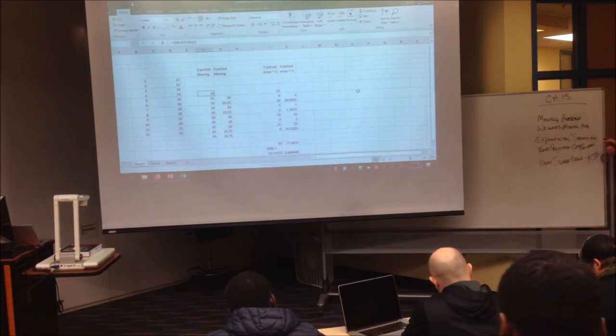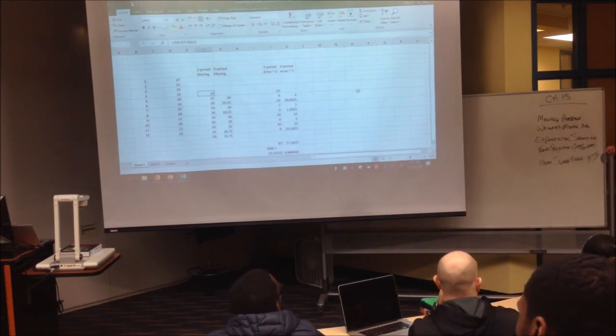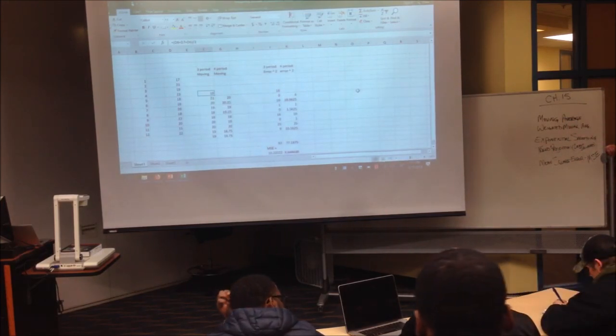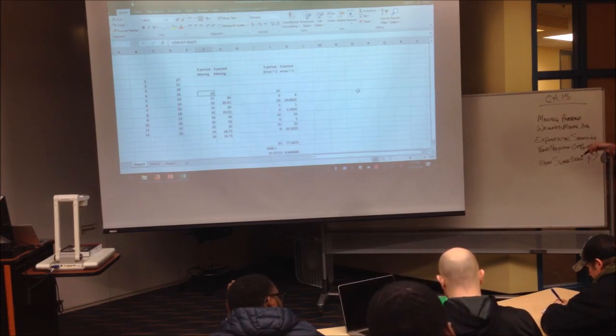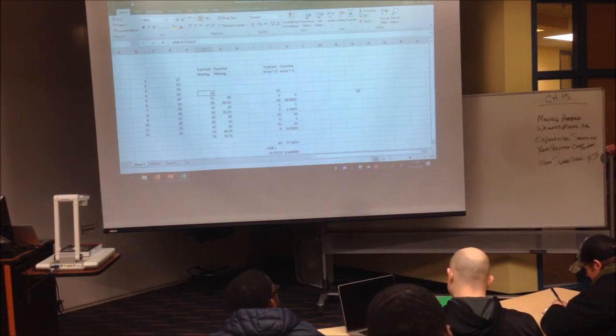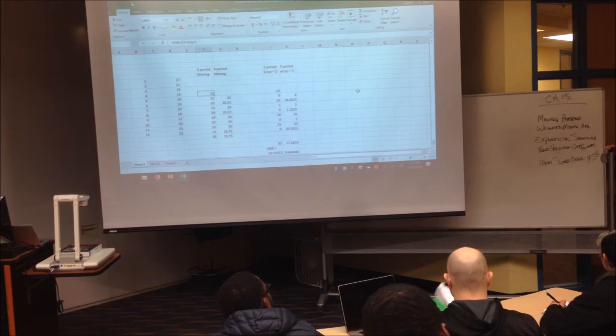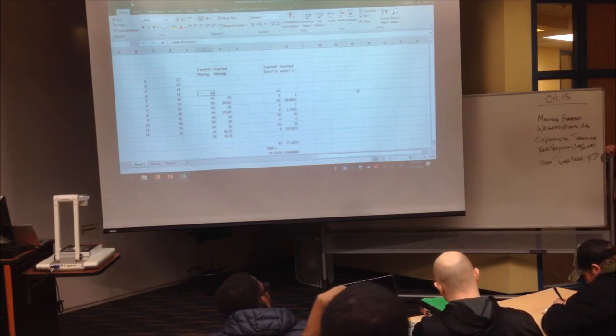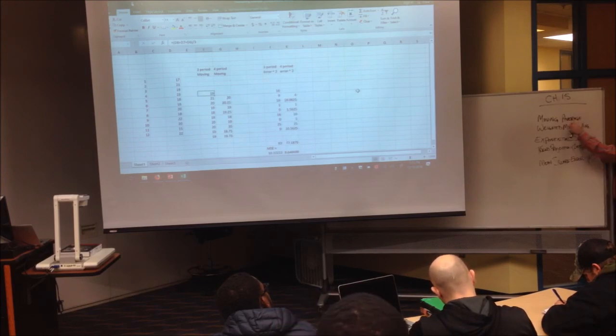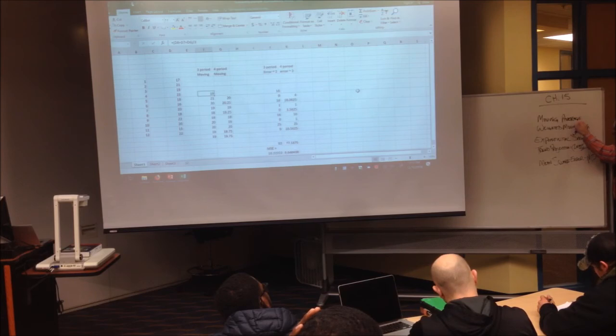Moving average can be any number of periods. You could say, hey, use a 2-period moving average to forecast. Use a 3-period moving average, 4-period, 5-period. It could be any number of periods, obviously 2 or above. Moving average. What it's trying to tell you is, however many periods the moving average technique says it is, that's